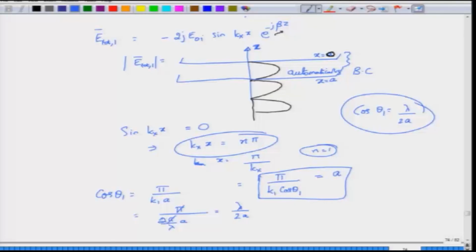Of course, you can put more such plates, but there is no reason to put more plates, and the moment you put plates, there will not be any waves in the outer region either, because it is also assumed to be a conductor. So, you have automatically satisfied Maxwell's equations by putting two plates at x equal to 0 and x equal to a, and the wave can now move in the z direction just as it would in a dielectric planar slab waveguide, with the additional advantage that, at least when your conductivity is very high, there are no evanescent fields outside this slab.